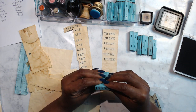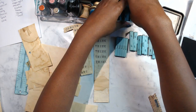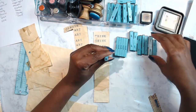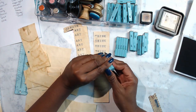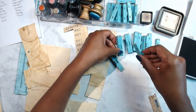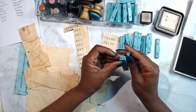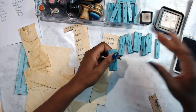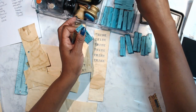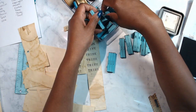Okay, let's see. I want to do... See, I'll have all the letters out in a minute. I'm going to do bliss because I like bliss. And nope, I'm not cleaning any of the letters at this moment because that's the kind of girl I am. I know at some point I'm probably going to have to. Okay, there are 2 S's in here,